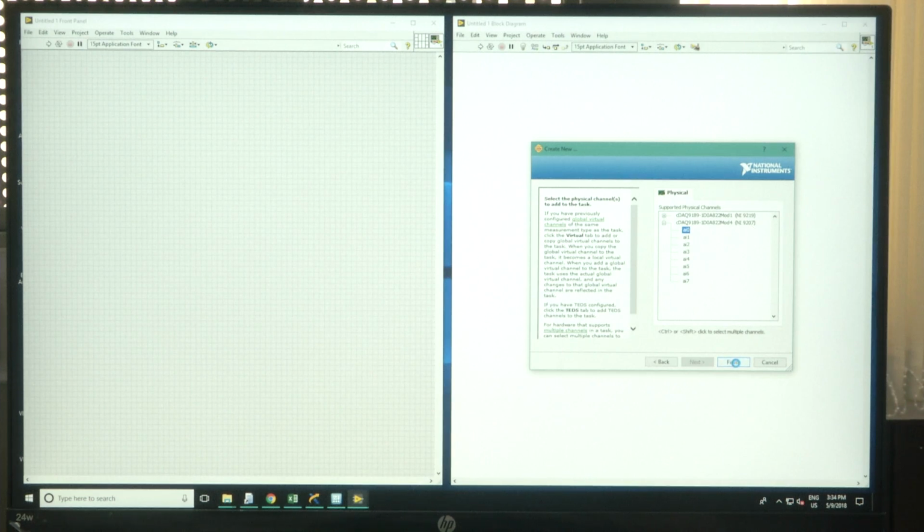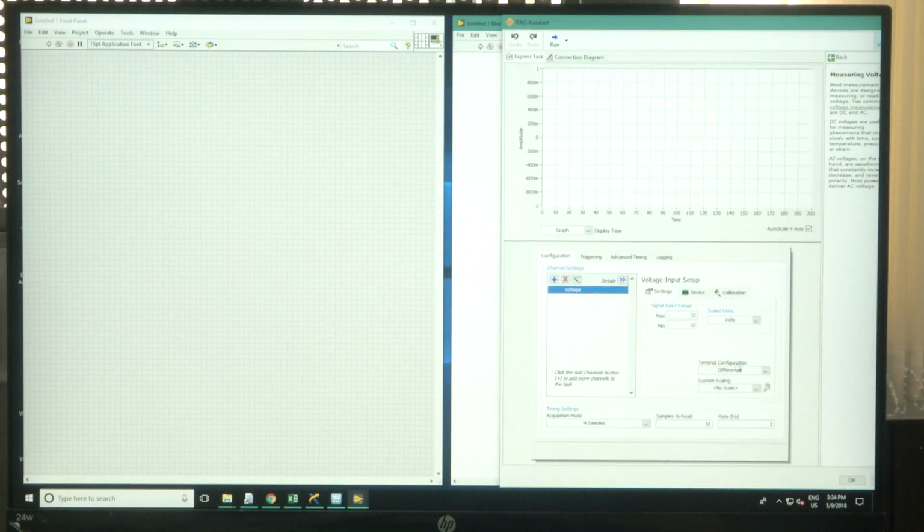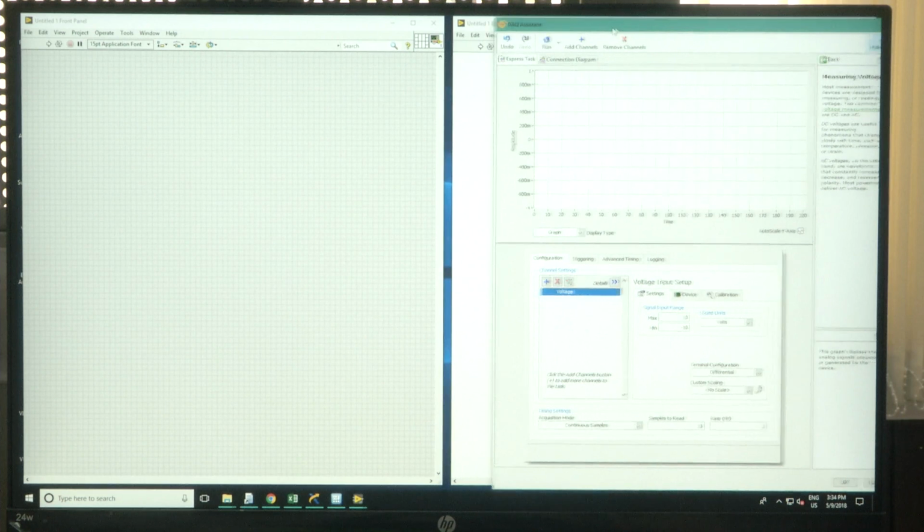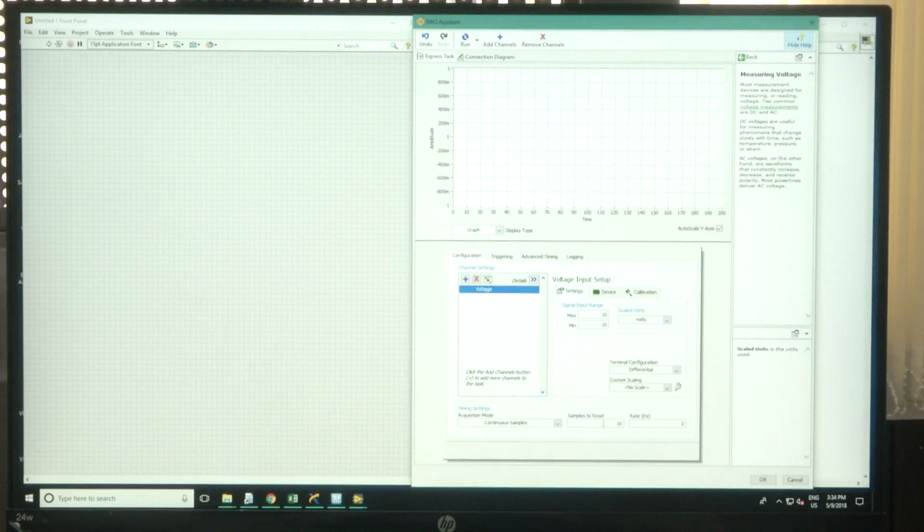Just finish it. After this, how many samples we need, or I can make it continuous samples. Then the rate is 10k or 1k we can keep, and the samples to read I am making 100 samples.